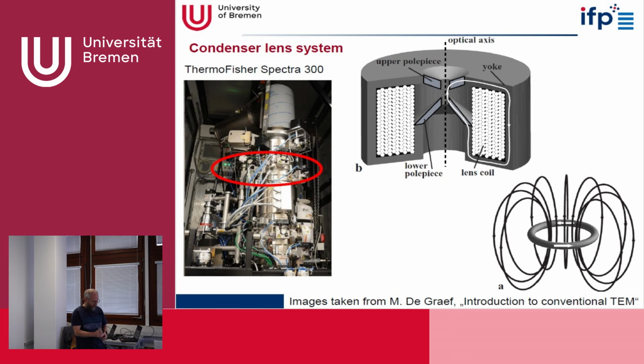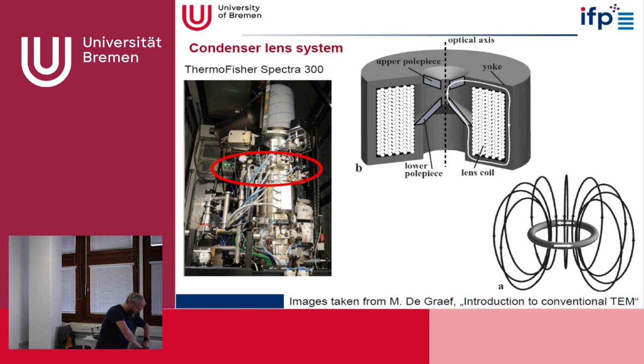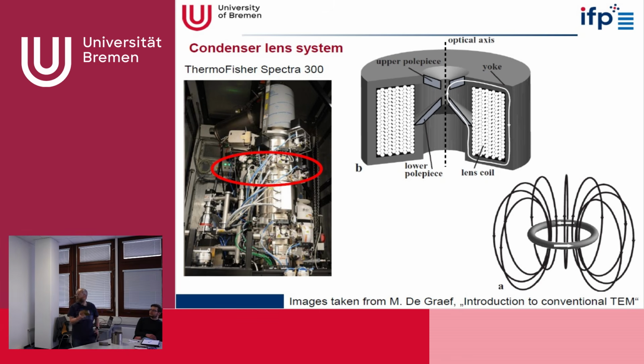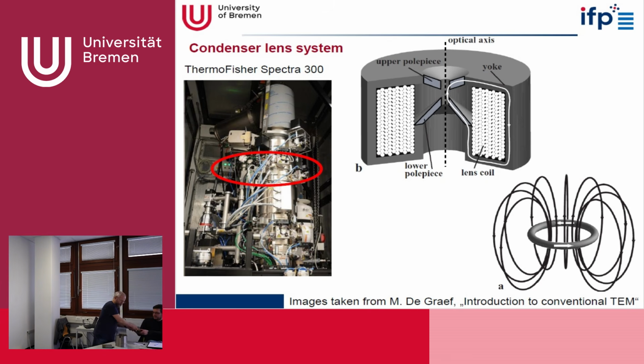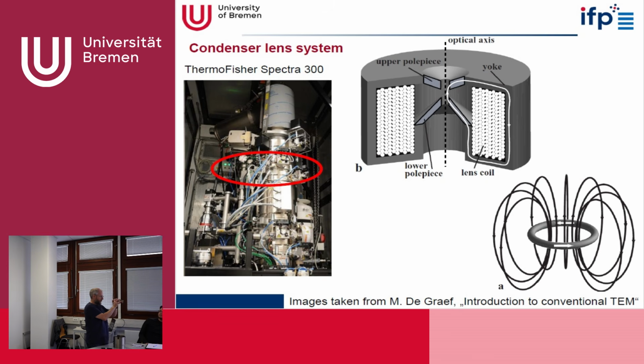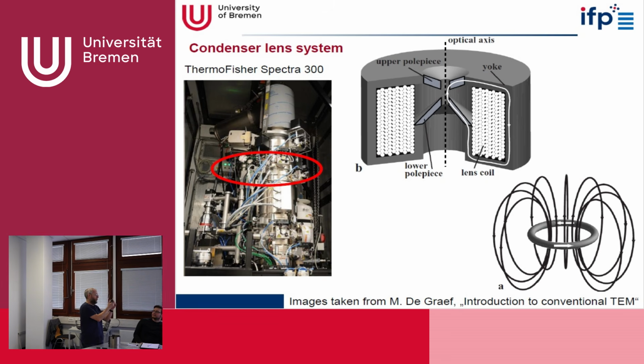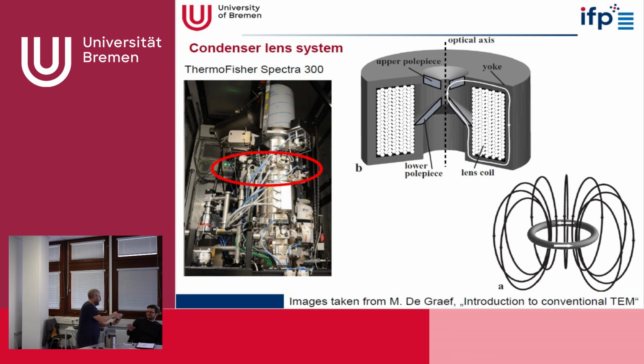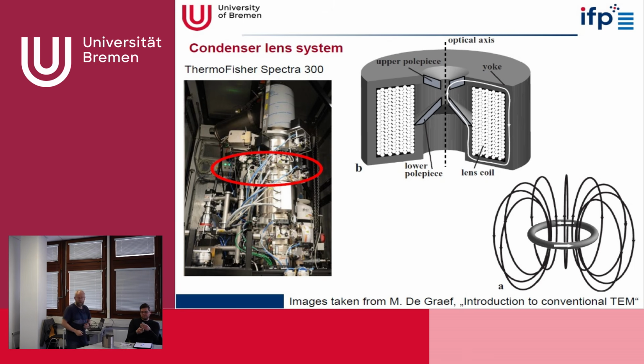This here shows an actual electromagnetic lens, which we have built, which we took from an old microscope. Basically we have here the coil, the lens coil. I can give it a round. And this one is the yoke, where you can see where the electron beam is going through. And there's an upper pole piece and a lower pole piece. Unfortunately, I cannot subdivide this at the moment.